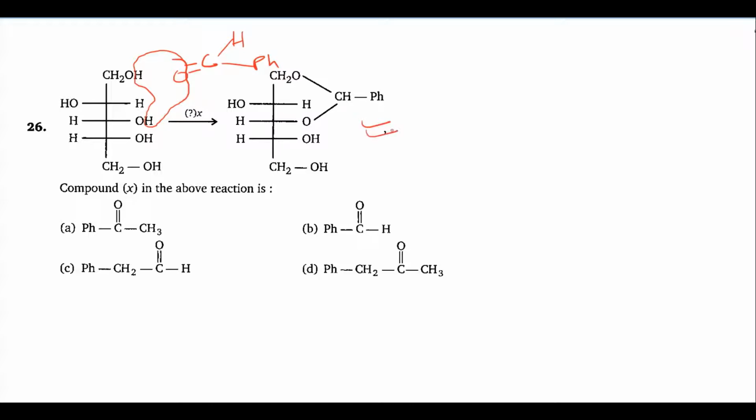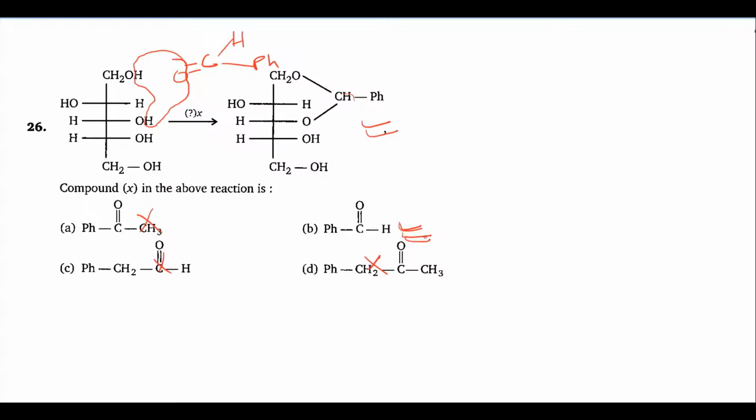You can take, here hydrogen is there, hydrogen is there. So this option not possible, this option not possible, this option not possible. Correct option will be option B only. Okay, so simply water is going to eliminate. That means hemiacetal will form in this. Okay, hemiacetal will form as water is eliminating.